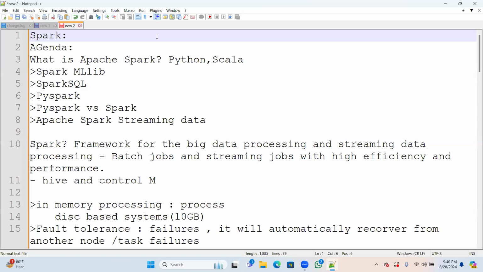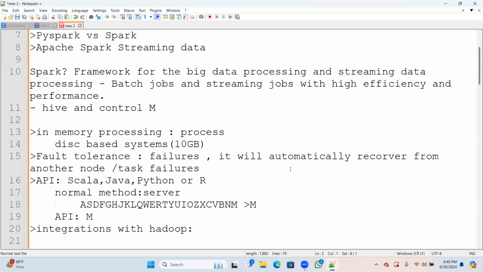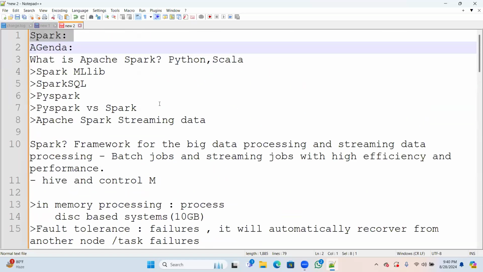I think Spark is used for batch processing also. Yes, we can use it. We can use the Hadoop components and work on it. But mostly they use Spark for real-time processing only, because whenever we are using batch processing, anyhow we have Hadoop, and in that we have the Hive concept.